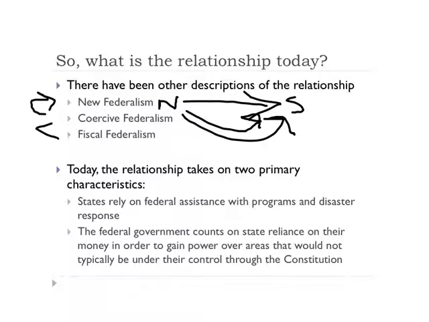The government's not going to give money to the states or give power to the states without retaining some of it. Okay? So they began telling the states, well, here's how you implement. And if you want this money, you have to do what we say. And gee, if you don't do what we say, we take away the money. This is discussed a whole lot more in the next lecture, so I'm not going to go into it anymore. But these are some of the other descriptions.